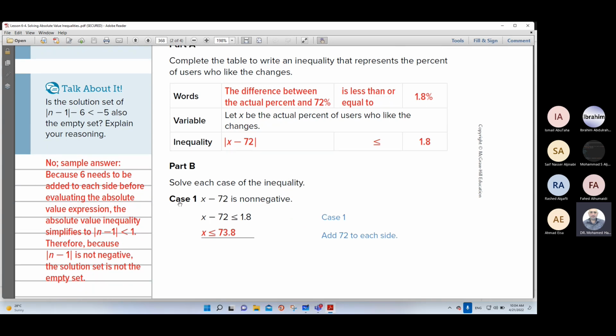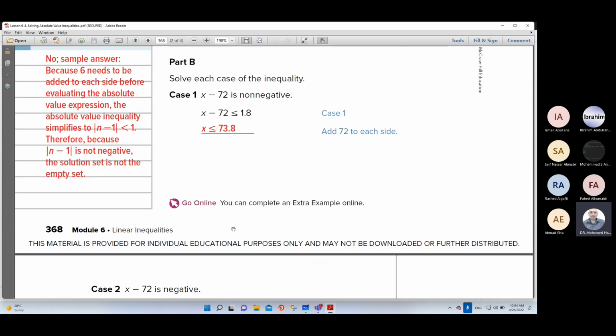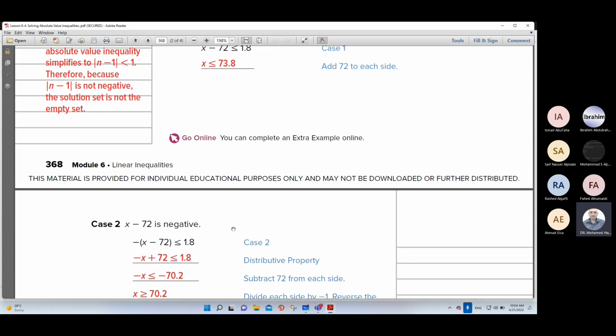The first case, if the inside of the absolute value is non-negative, we write the same value. x minus 72 is non-negative, means x minus 72 less than or equal to 1.8. Then you can solve this inequality. We will get here x less than or equal to 73.8. Or case 2,